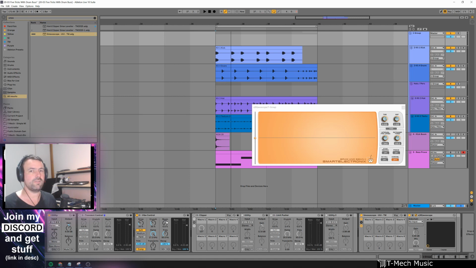So there's a slight perceived volume difference, but the actual usable volume has come down. And this is possibly a little bit too extreme, but we can also use the dry wet to blend it in. So if we start at 0% wet,